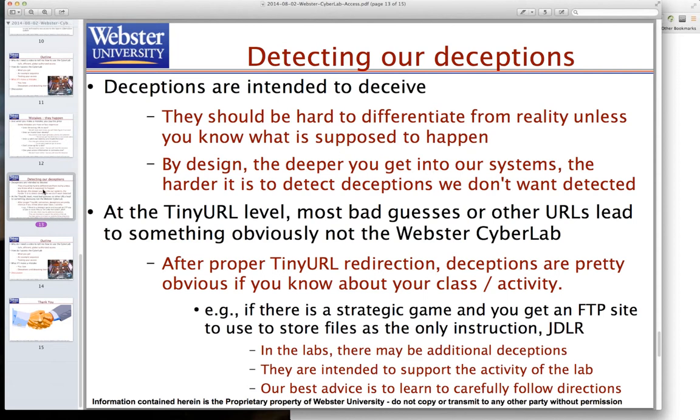Finally, since we're using deceptions as part of our process of assuring that access is reliable, availability and use control, you need to be able to understand when you made a mistake. The purpose of the deceptions is to deceive. They should be hard to differentiate from reality unless you know what's supposed to happen. And by design, the deeper you get into our systems, the harder it is to detect the deceptions we don't want detected. So at the tiny URL level, most bad guesses or other URLs lead to something